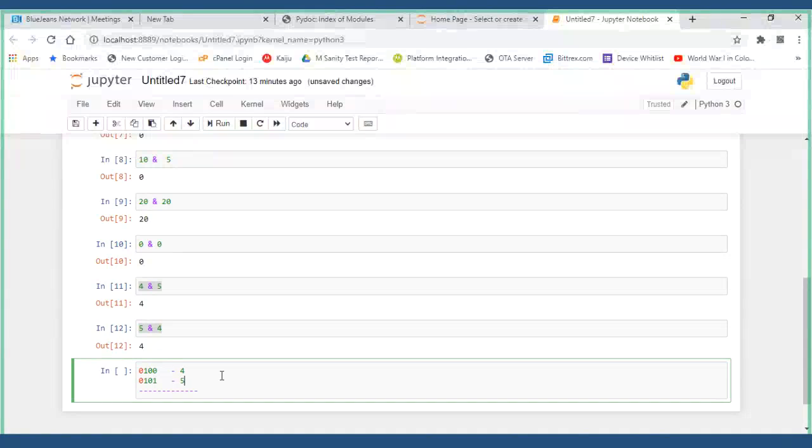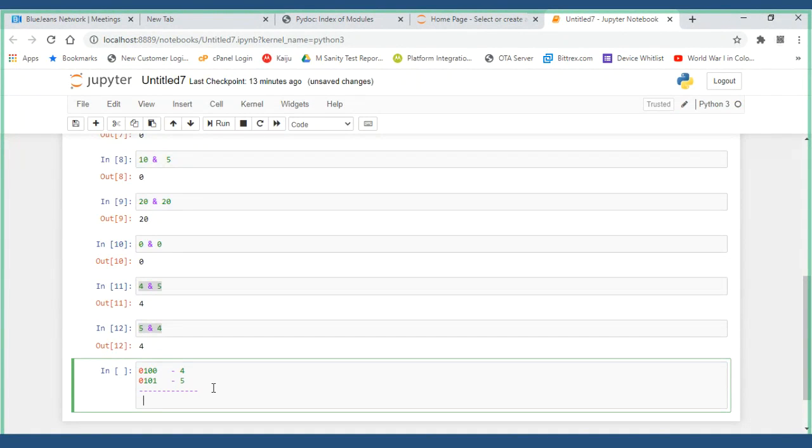Now you have to perform the remaining operation. First 0 and 1, because we are using the AND operator, you put 0. 0 and 0, you put 0. 1 and 1, now the condition comes: both bits are the same, so I'll put 1.